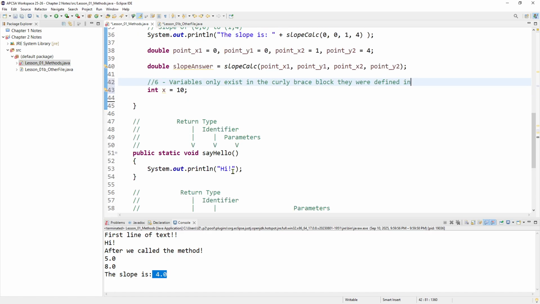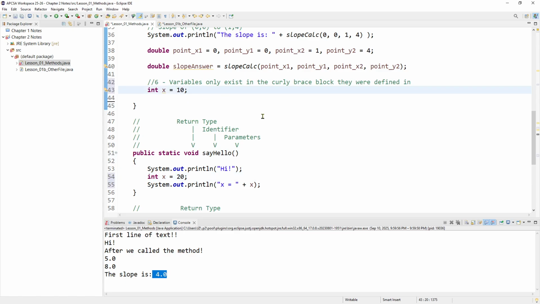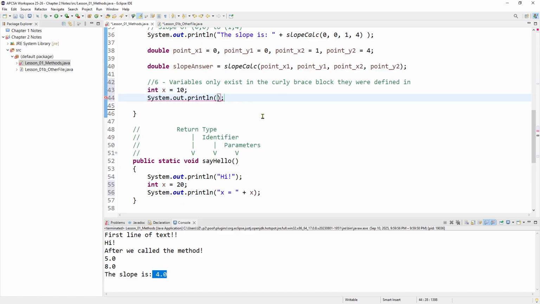So I would not be able to see that over here. If I try to do this, you can see that it does not recognize what x is. X cannot be resolved to a variable because x exists over here. But what that means is I could have an x over here, and this x has no idea about the existence of this x,